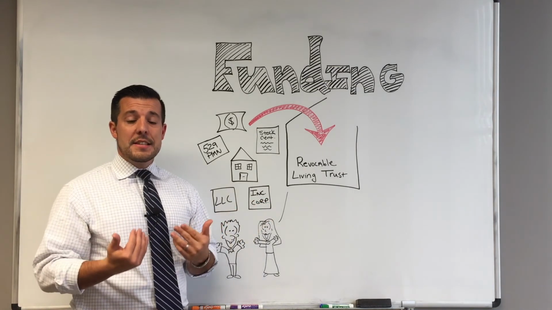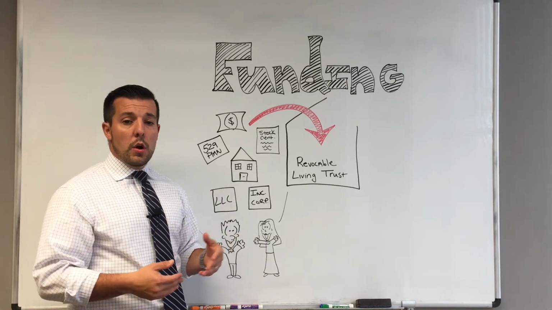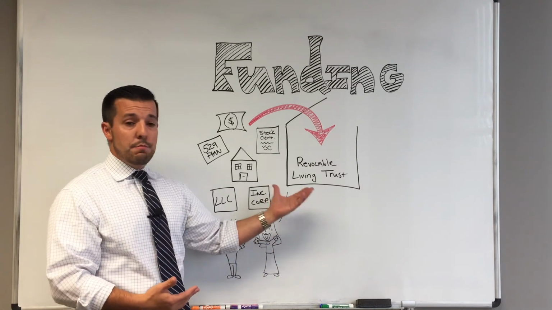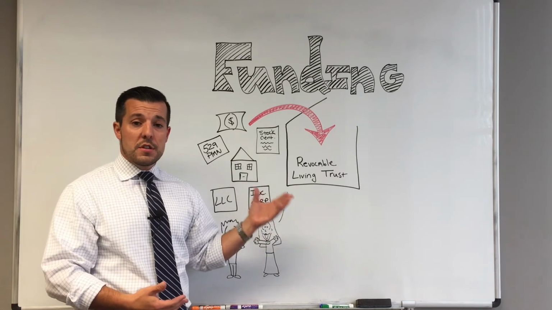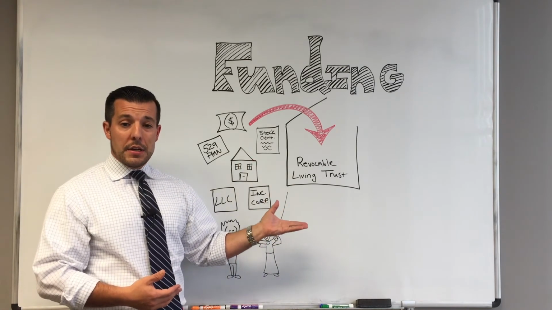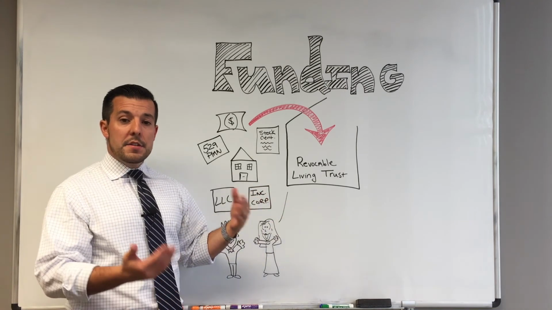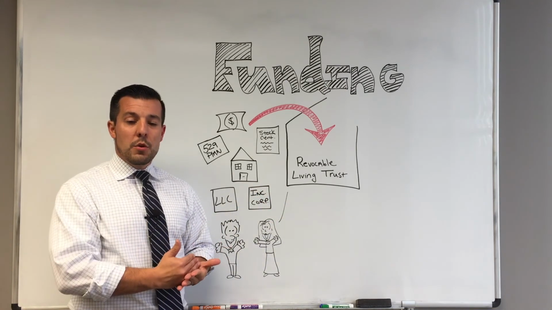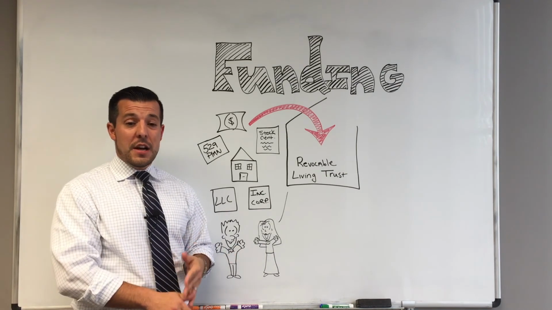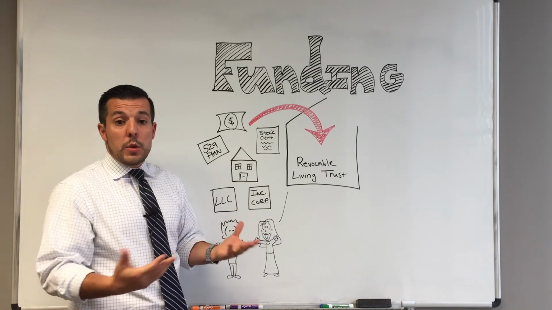Too often I see plans that are unfunded, meaning they're incomplete, where the people have done a lot of hard work in working with their attorney to create this box with all of their instructions and designs for the future, but they failed to put everything in the box that they wanted. Sometimes not a single thing is in it. And I've seen these situations play out at the worst possible times, after somebody's become incapacitated or died, and now it's too late to get them in the box. Now families are calling me in crisis to say, what do we do?